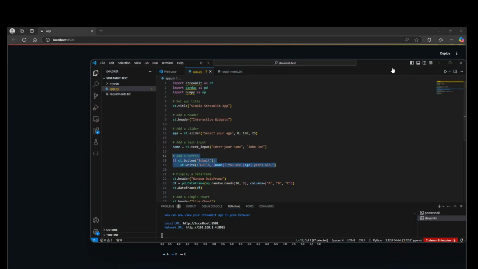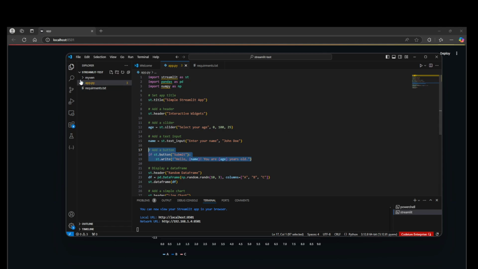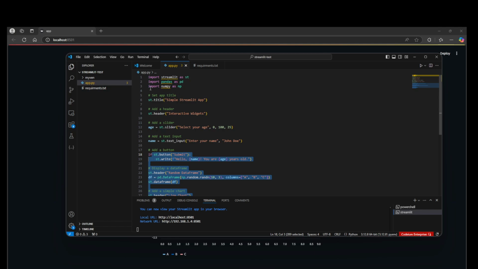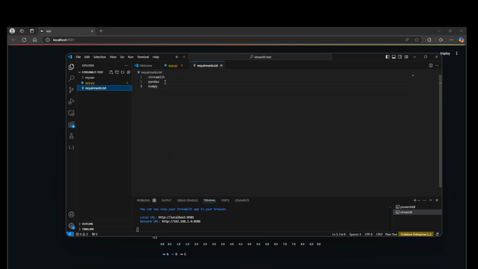Yeah. So this application was nothing but a simple app.py application, and this code is just 28 lines of code. We had a requirements.txt where we need streamlit, pandas, numpy, and we created an environment. So how did we create an environment? Let me stop this, and